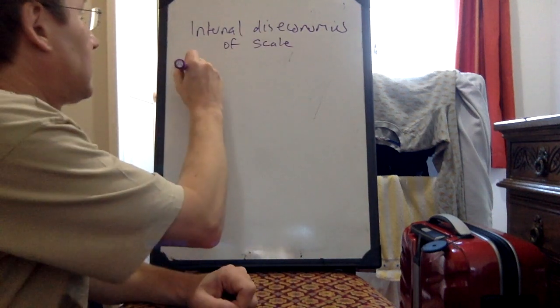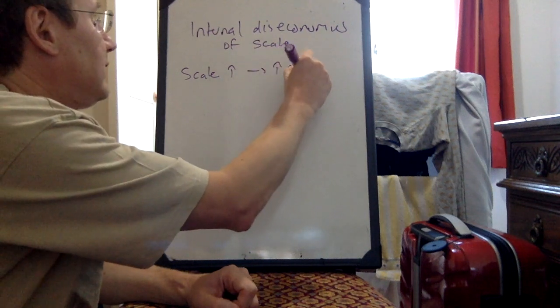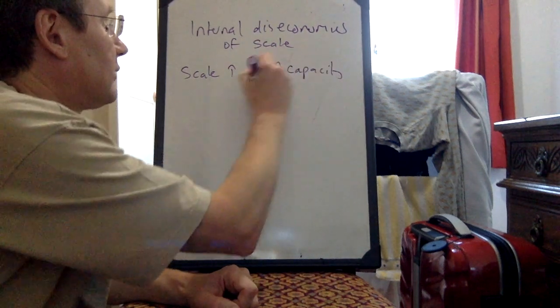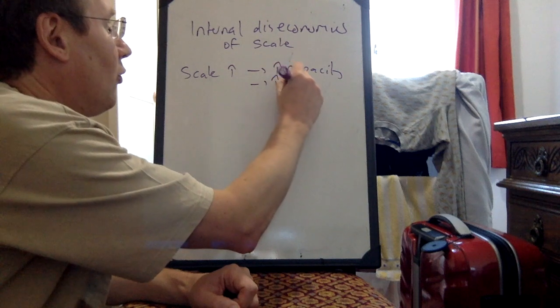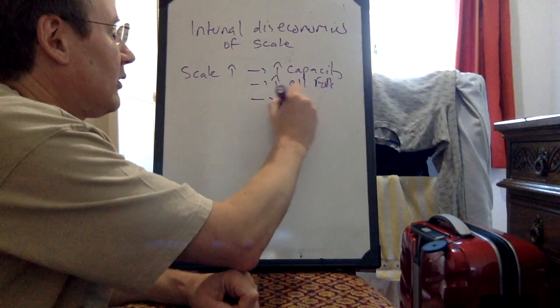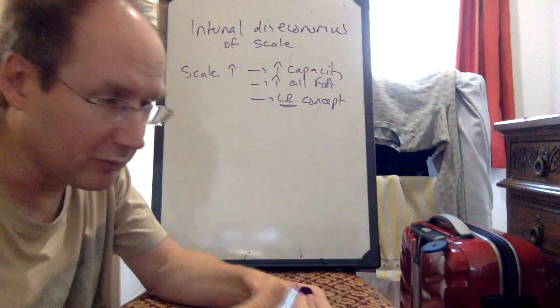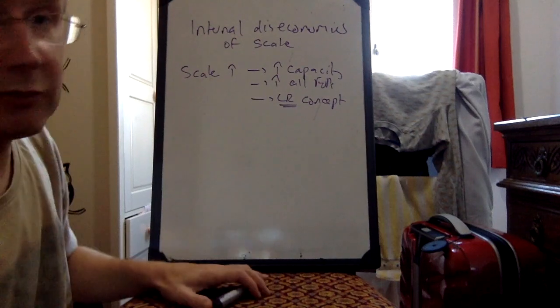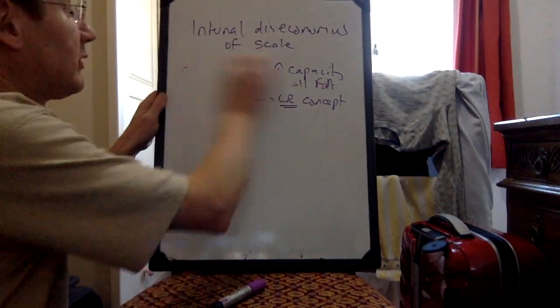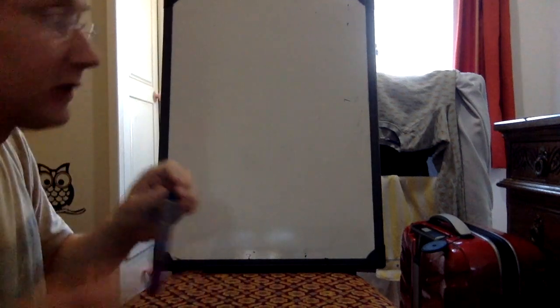Scale is increasing, and we said that's an increase in your capacity. It's an increase in all factors of production, because what we're talking about here is a long-run concept. So what we said is that a firm can expand up to a certain point, and generate economies of scale. And that was on the last video, and it's in your notes.